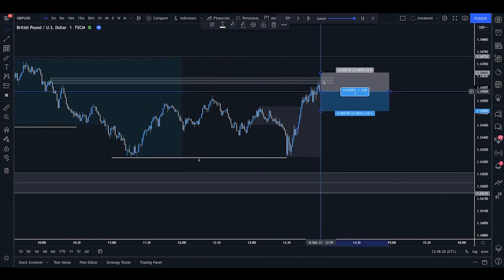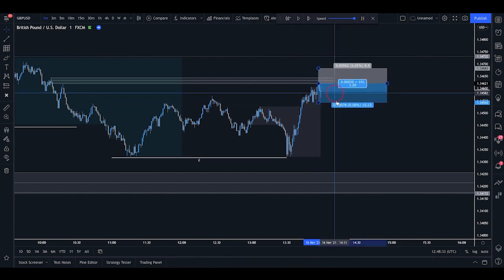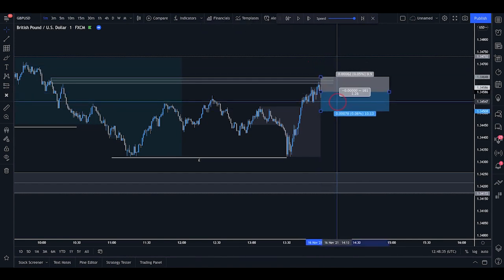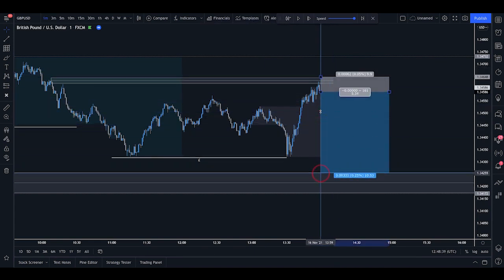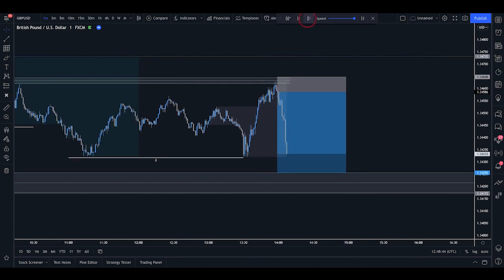Now, I'm going to go with a manual execution because we are late to the party, but generally you'd be looking for a sell limit within this region, which would give you a better trade. But for realism's sake, let's go with a manual execution from where we are, targeting that low just there. And if we allow the trade to then play out, we see that we do get quite a nice drive